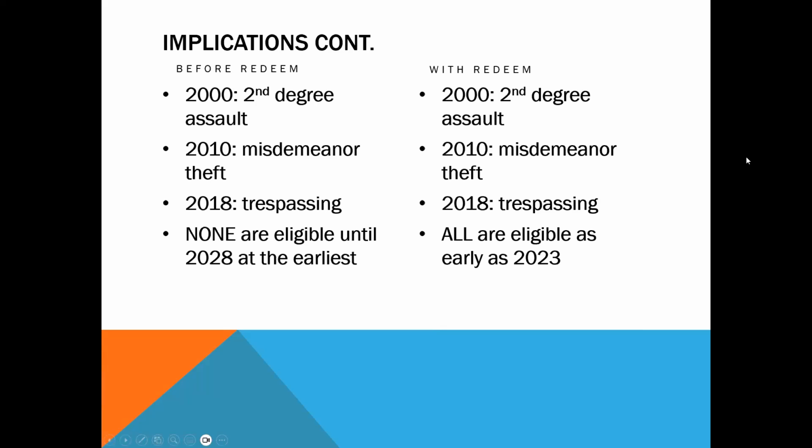So we're looking to probably see a lot more of this. It's really an exciting time for expungement. If you've done this work before, you probably are familiar with the feeling of having to give people bad news if they have convictions on their record. We're hoping that we're going to be able to give people more good news than we're used to giving them, that more cases are eligible for expungement.